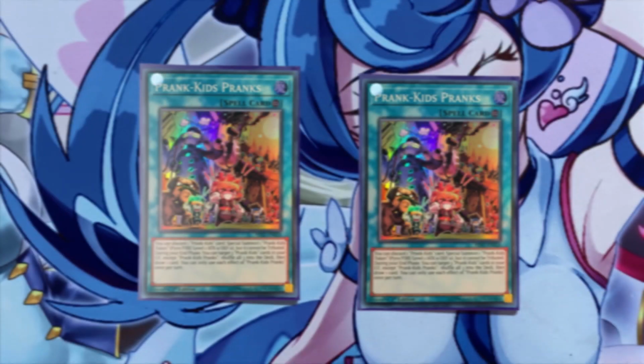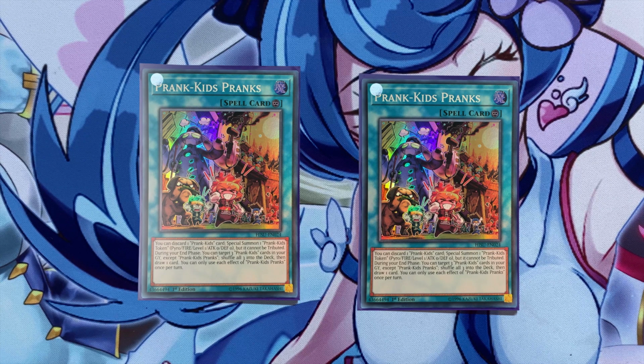2 copies of Prank Kids Pranks. I'm considering maxing out this card, but still it's not the best card because I think this card works only if your opponent stops you. Like if your opponent uses Nash on the first Prank Kids monster and you have this and you can summon a token, so with your Meow Meow you can go into your Doodle, but if your opponent doesn't stop you,